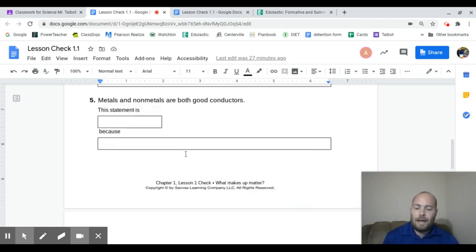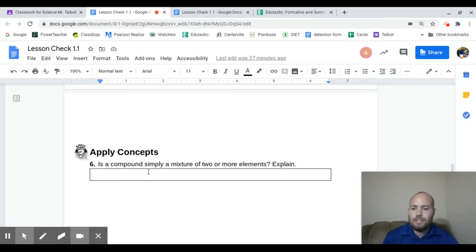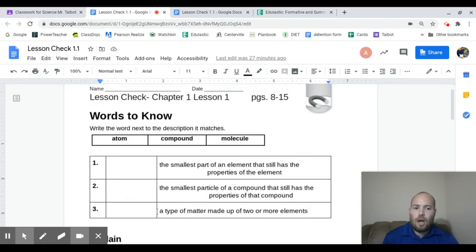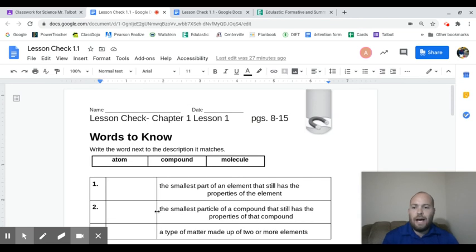So 4 and 5 are like that. 6 is an application question that involves them having to apply everything they've read about in that lesson down there. The bonus of these are due on Tuesday. On Tuesday, all I do is I check to make sure that they are done. They are expected to be done, or they will have a card pulled because they didn't try it on their own. Then we will start reading and doing the lesson together as a